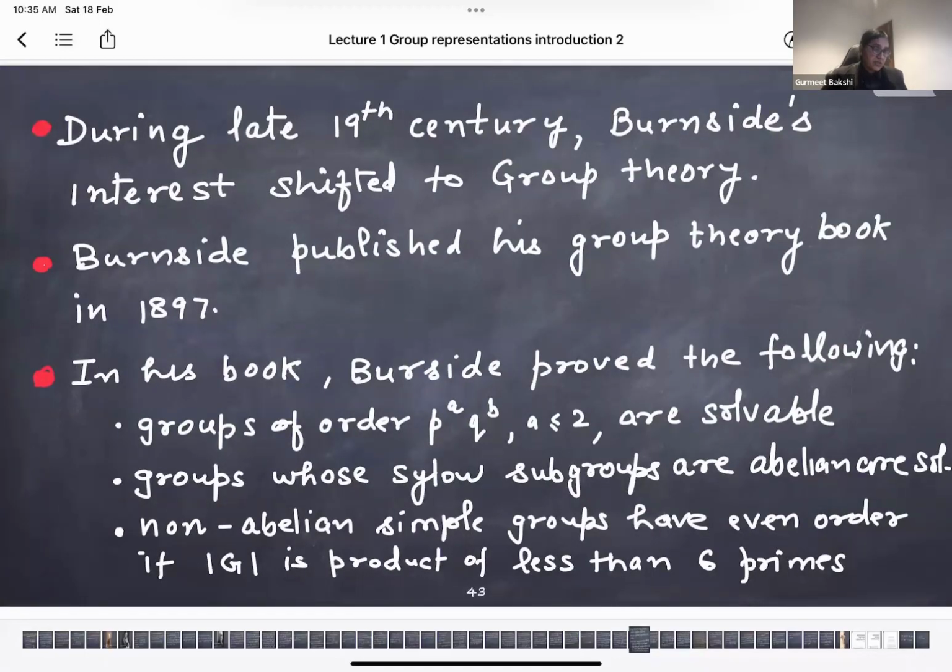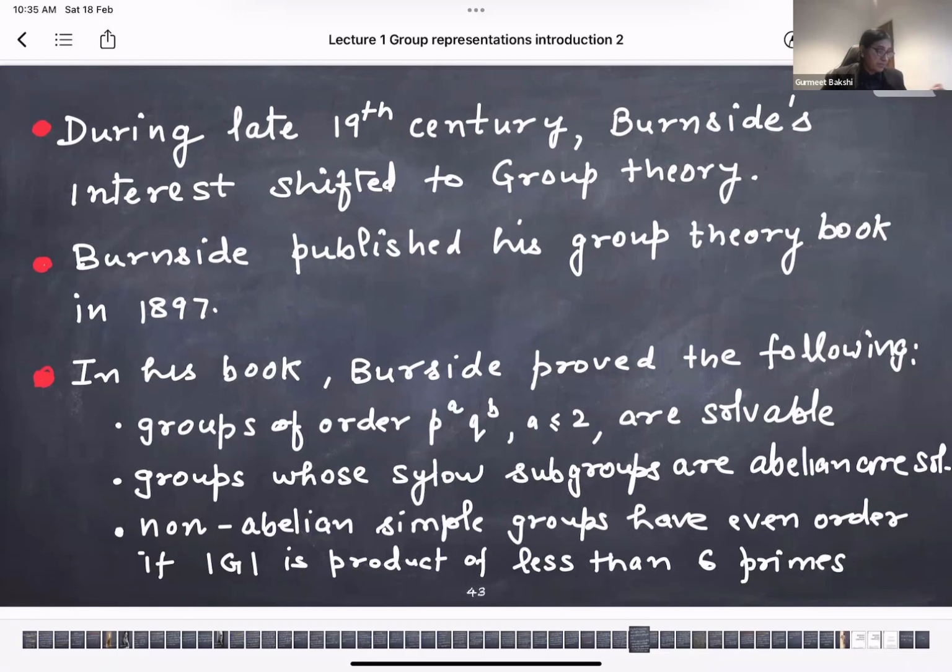During the late 19th century, that was the time when Frobenius worked on character theory, on the question posed by Dedekind. Burnside's book came several years before those letters. During the late 19th century, Burnside's interest shifted to group theory, and he published his group theory book in 1897. So that year, when Frobenius was developing the character theory of finite groups, Burnside's book on